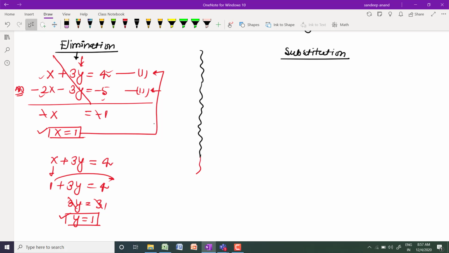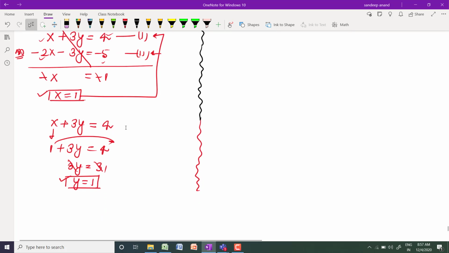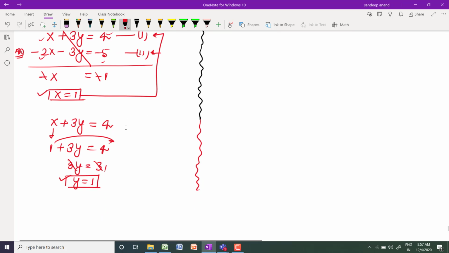After this, everyone please check your result. Sometimes you will get the answer for x and y, but when you put them in the basic equation they will not actually satisfy the equations, which is very, very important. So to check, I am putting the x value and y value in my basic equation. This is equation number 1. This is my left hand side value, and this one is the right hand side value. I start with the left hand side and put the values of x and y in the basic equation. My x value is 1.